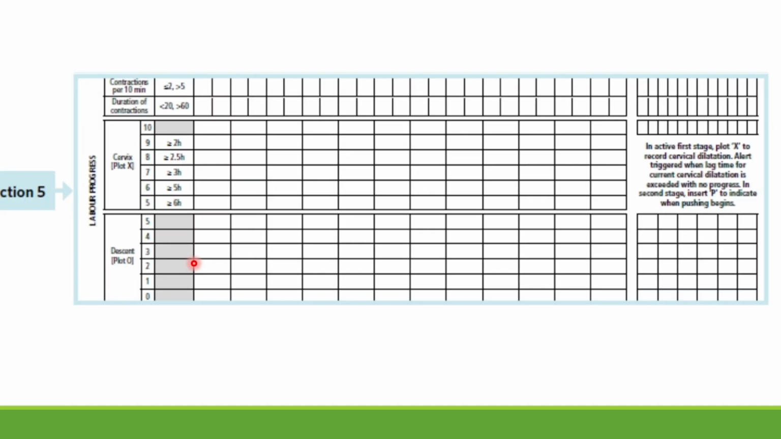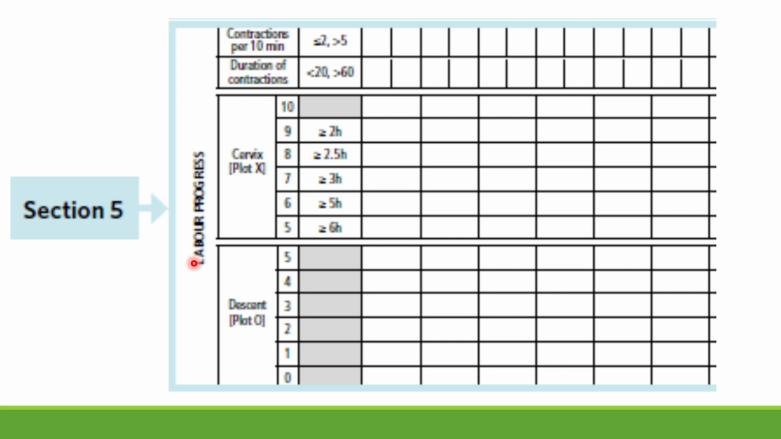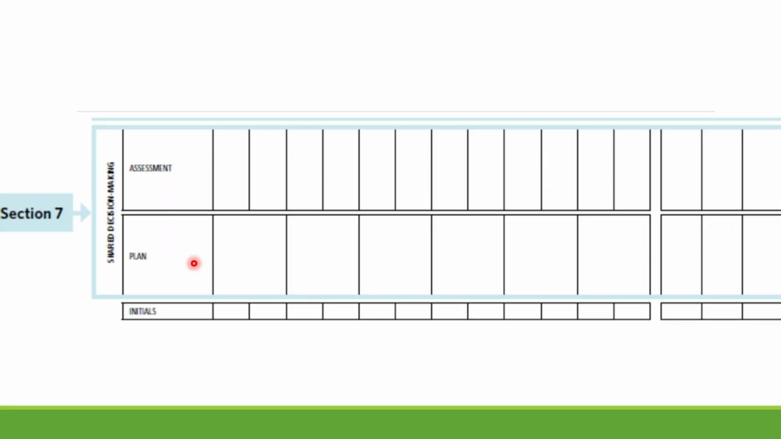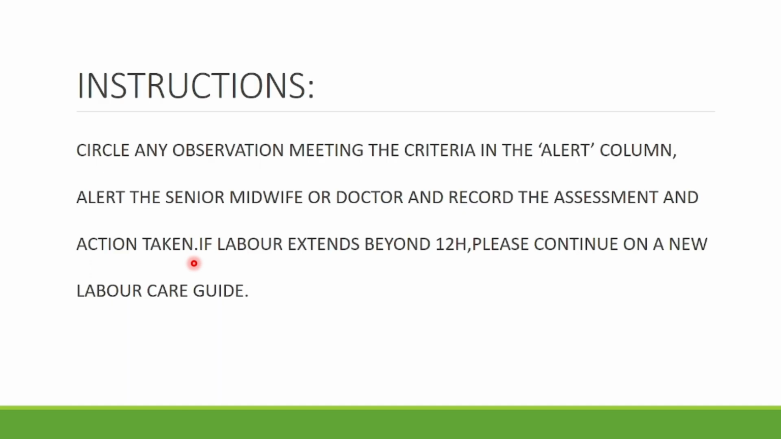This is section 3, the fetal condition, the maternal condition, labor progress, and section 5, and here the medication and shared decision making. Instructions: for any observation that meets the criteria for alert, it should be encircled so that we are alert and continue the management, whether